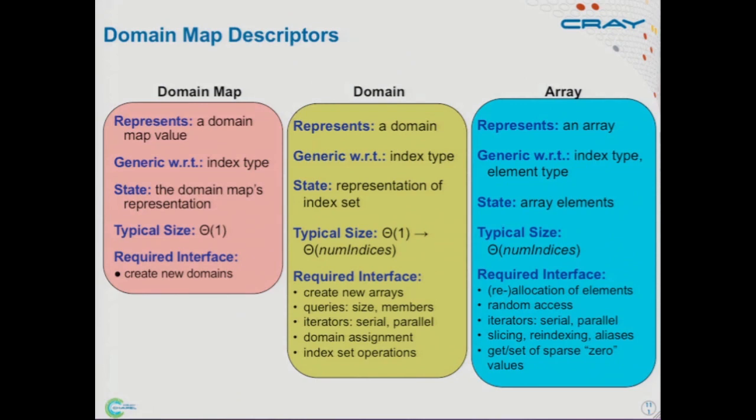This next slide, I'm not actually going to go through. It's pretty detailed. But at a high level, what it's showing you is if you want to write a domain map, what you essentially do is you write 3 classes. We call them descriptors. One describing the domain map itself, one describing the domain or any domains declared over that domain map, and the other describing any arrays declared over those domains. And what you essentially need to do is provide this required interface for each of those classes. And having done that, that's the interface the compiler is going to target as it's writing these high-level forall loops and promoted operations and global view operations down to the per locale data structures and tasks and things that are needed to write it.